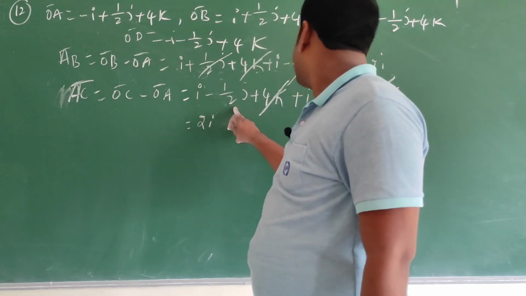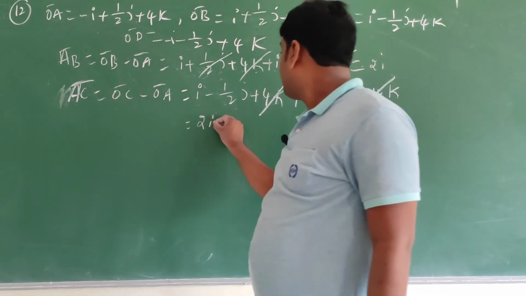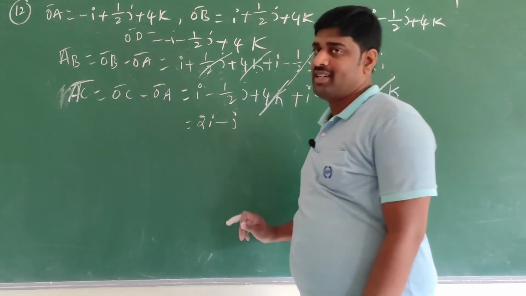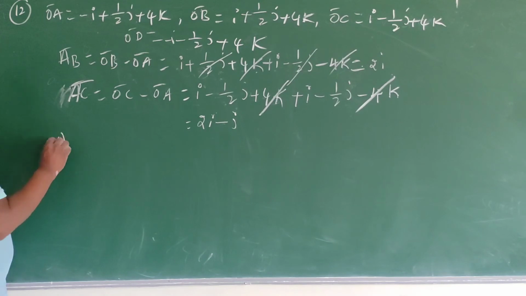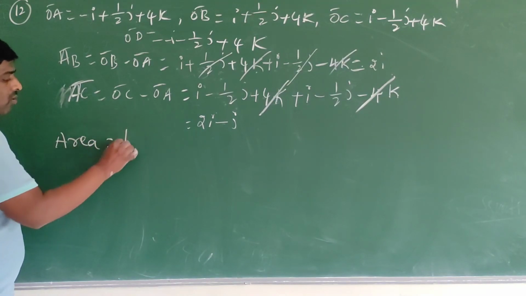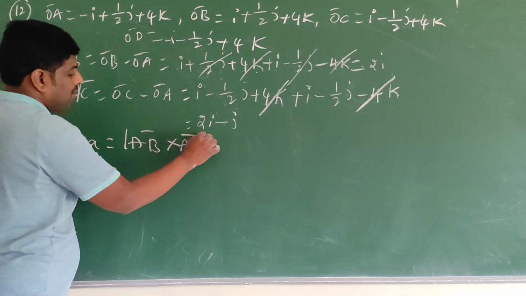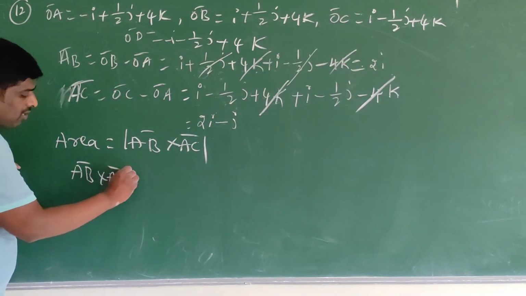Minus 1 by 2 j minus 1 by 2 j is minus j. That is 2i minus j. So now this is the area of the parallelogram. Area equals magnitude of AB bar cross AC bar. That is AB bar cross AC bar equals